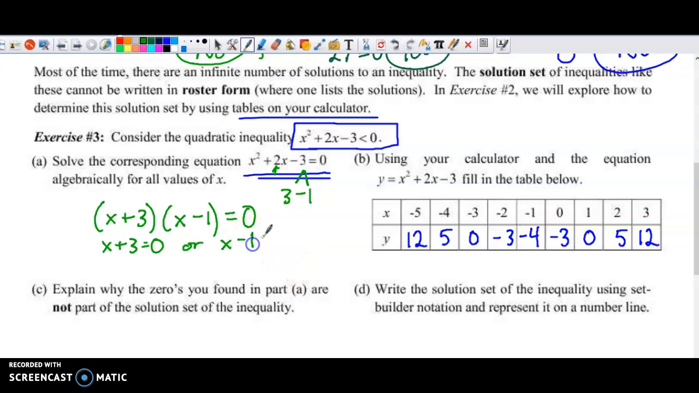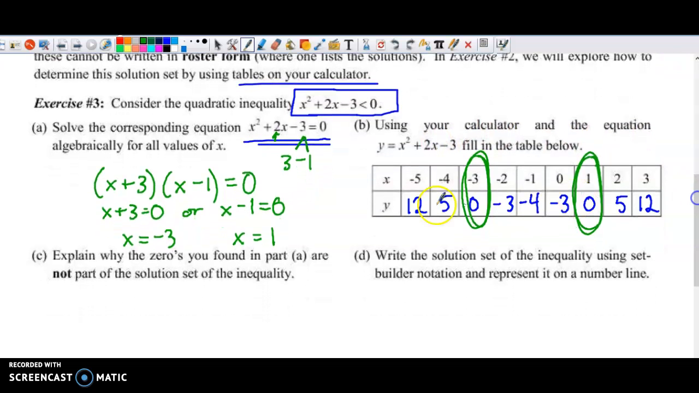X minus 1 is equal to 0. And if you subtract 3 over, you can see the correct answers are -3. And on this one, if you add 1 to 0, you get 1. And the whole point I'm trying to show is that these two were values on your calculator. Now, if I go back to